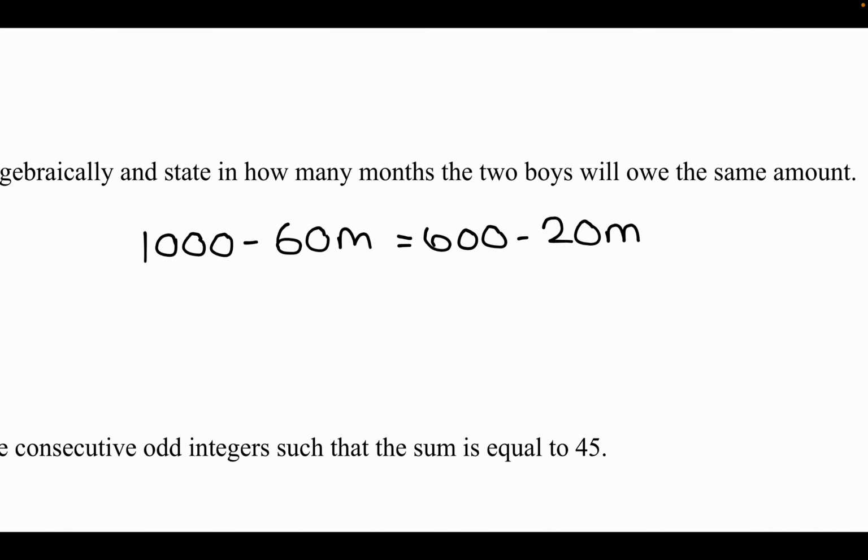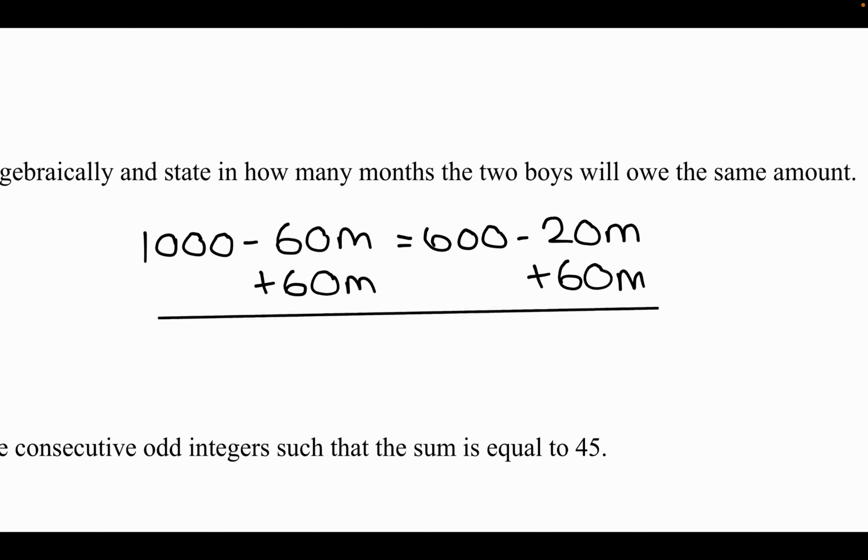You can bring the variables to either side, but we're going to try to keep the m positive. So I'm going to bring the 60m over to the left. It'll cancel. You're left with 1000 equals 600 plus 40m,